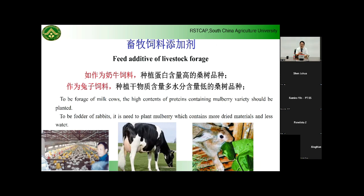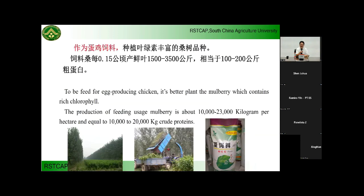Different types have different options. Feeding the ox, choose the high content of protein. With the rabbits, we need to choose the type that contains more dried materials and less water. In South, the leaves have less water. In Guangdong province, when you raise the rabbits, it's not suitable. In East, it's suitable. For feed for the chicken,